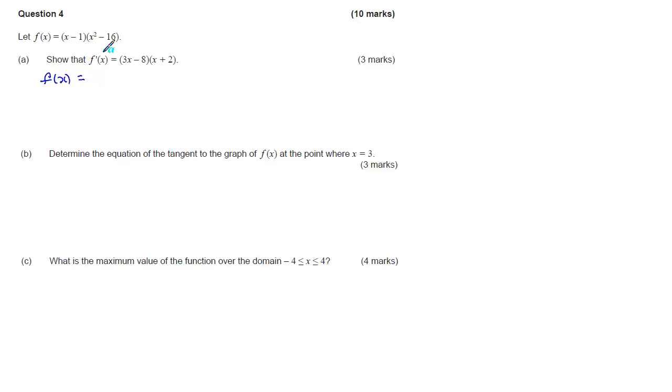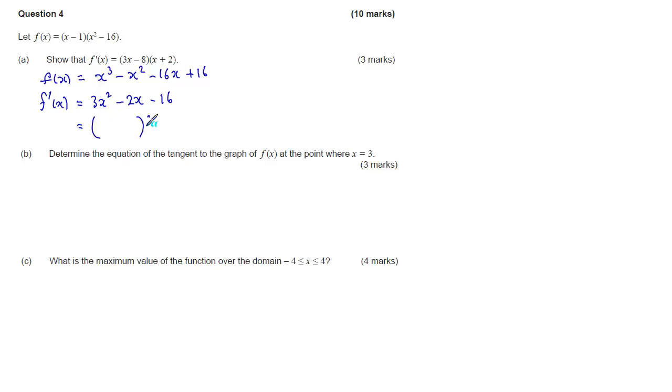So f of x is x cubed minus x squared take away 16x plus 16. So f dashed x is going to be 3x squared minus 2x take away 16,